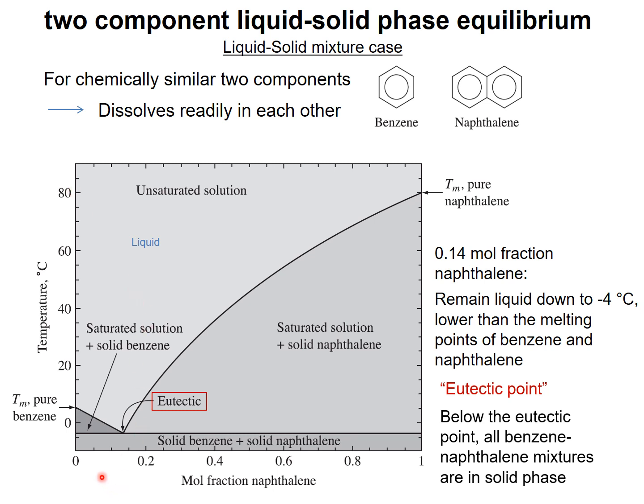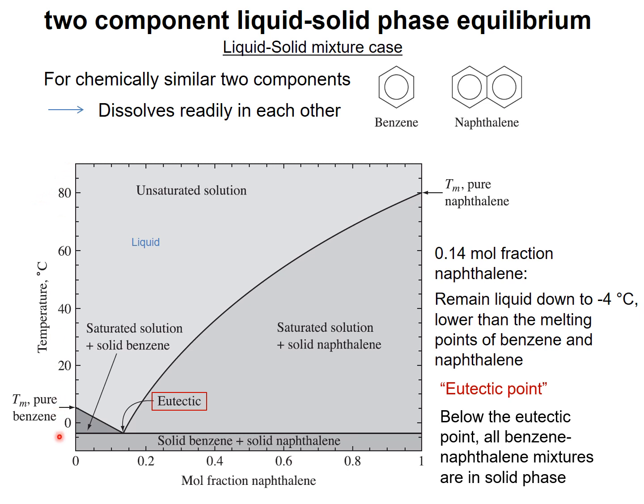Okay, so the x-axis is the mole fraction of naphthalene, so 0 means only benzene. So this vertical y-axis is considered as the benzene line. How about the value of 1 for the mole fraction of naphthalene? It means we have only naphthalene. So this vertical line is considered as the solid naphthalene line. Between them, we have some complicated situations.